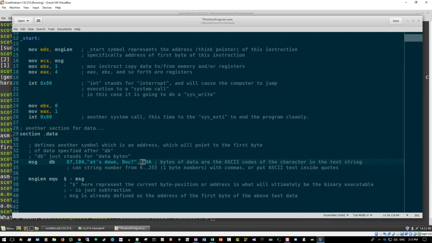If you put 0x in front of a number, then it's a hexadecimal number. Don't worry if you don't know what hexadecimal is yet. We'll be learning that later. Or again, we could just put this down as a 10 if we want to put these in decimal. And we could have written these as hexadecimals as well. We could have done all of this up to here as a string, but there's no way to put that \n in there, so we just do that by specifying the actual numerical value of the ASCII code of the new line character. So again, if you weren't made familiar with ASCII codes previously,